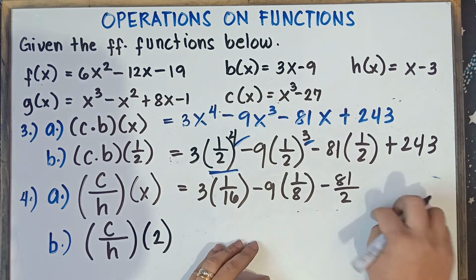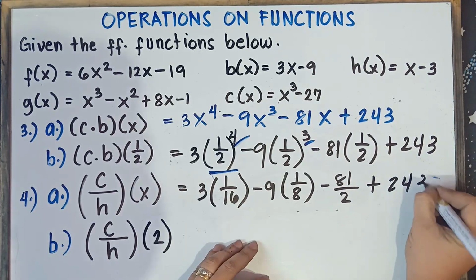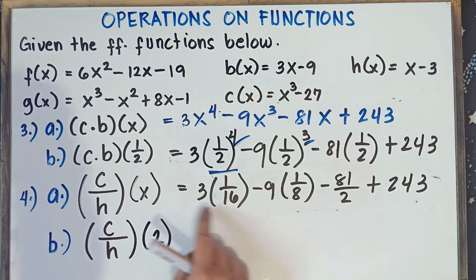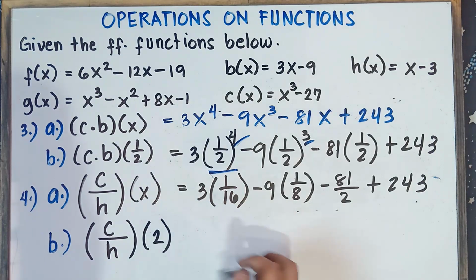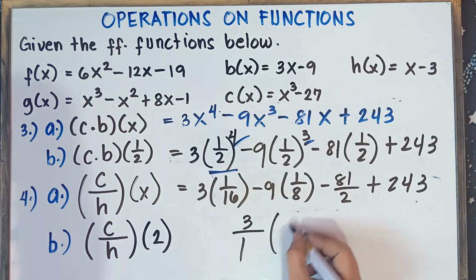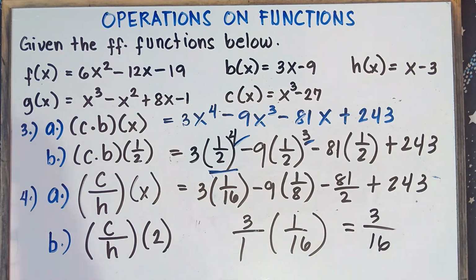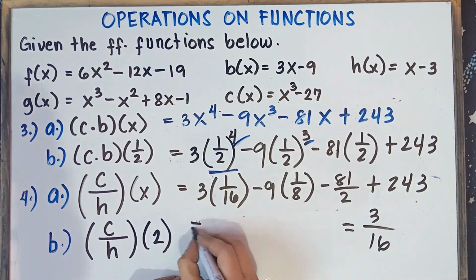Alright, and then simply copy this one. Positive 240. Alright, so check this one out, class. Can we divide 3 by 16? Or is there a greatest common factor of 3 and 16? Can we reduce? Nope. 16 is not divisible by 3. So therefore, we cannot reduce. Simply multiply. 3 over 1 times 1 over 16. Once again, class, understood that there's 1 here. You can put over 1. That's okay. So multiply the numerators. 3 times 1 is 3. Multiply the denominators. 1 times 16, that would be 16. So this is 3 over 16.